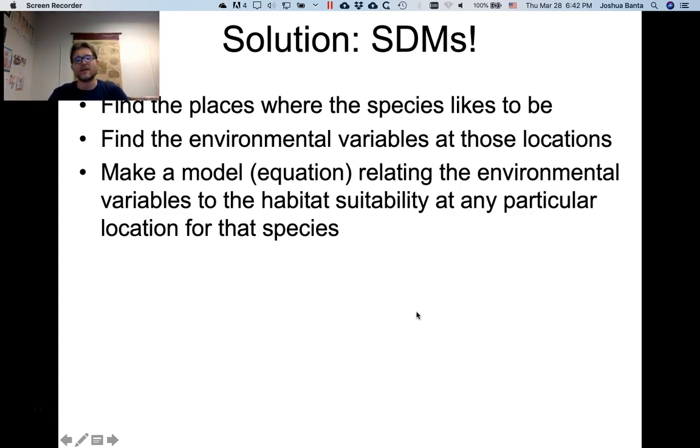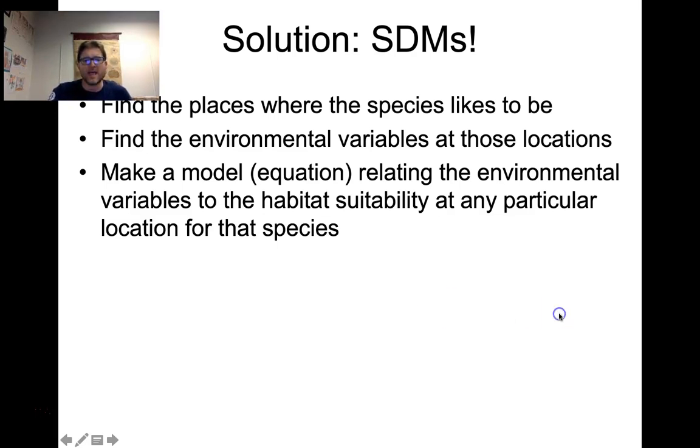And you can make a series of equations relating the environment at the places where they live to how suitable the habitat is, with the general assumption that the places where you found most of the species are the places that they like the most, and the places where you didn't find the species as much, they didn't like as much. So it's a way that you can find the fundamental niche approximately. It's not exactly the fundamental niche, but you don't have to grow members of a species in the lab under a bunch of conditions and see when they don't die.